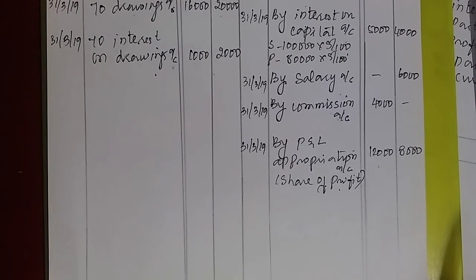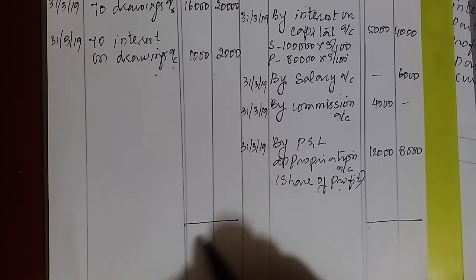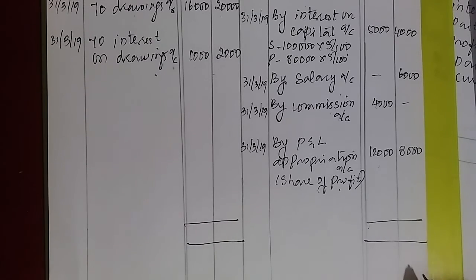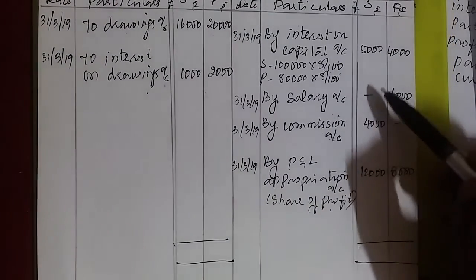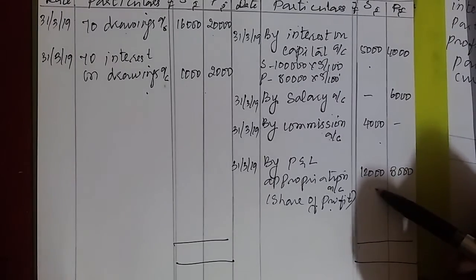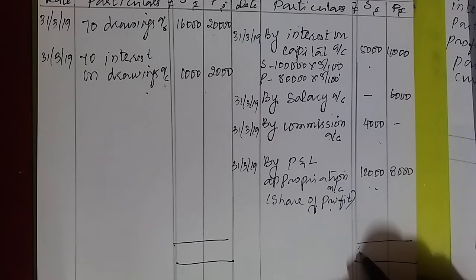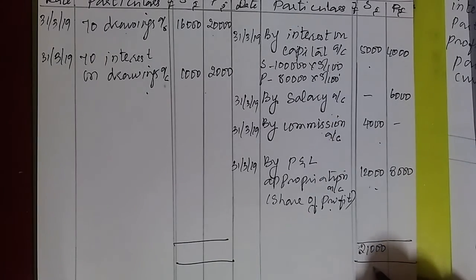Here, shall we do balance? Here, the total on credit side. Here there are changes. So first I will do for Sachin. Sachin's values you see: 5,000 plus 4,000 plus 12,000. How much? 21,000. For whom? Sachin. I think Sachin's credit value is more. So 21,000 I have totaled here on the credit side.